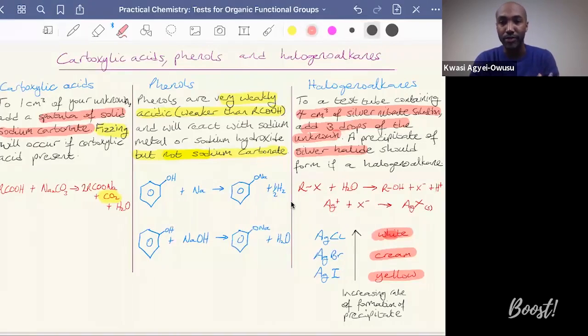Of course, you would need to do this quantitatively and to compare the 3 unknown halides at the same time. So if you've got your silver nitrate solution and you add equal volumes or amounts of each of the unknowns at the same time and press start on your clock, the first precipitate to form would be the